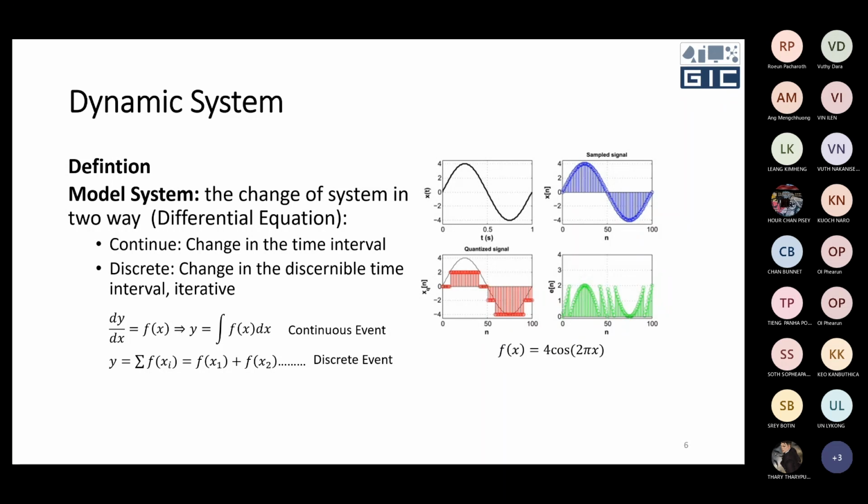As you see in this figure, we have one function f(x) equal to 4 cosine 2 pi x. When you try to plot it in any kind of programming language or IDE, for example, in this case they use MATLAB. When you try to plot the value from one period of time, for example, in the first figure, graph number one, you see it's a period of time from 0 to 0.5 and 1.